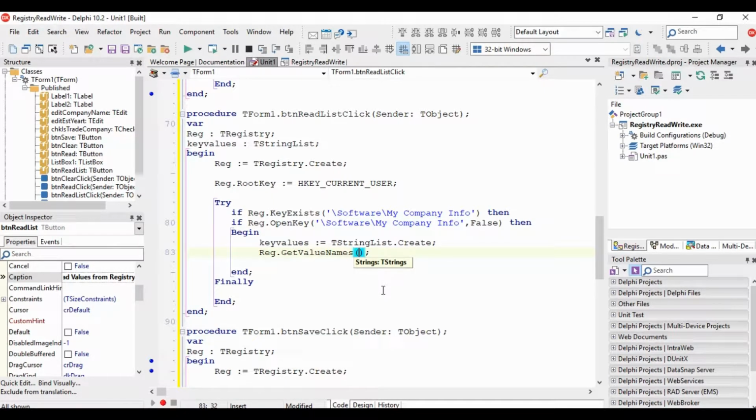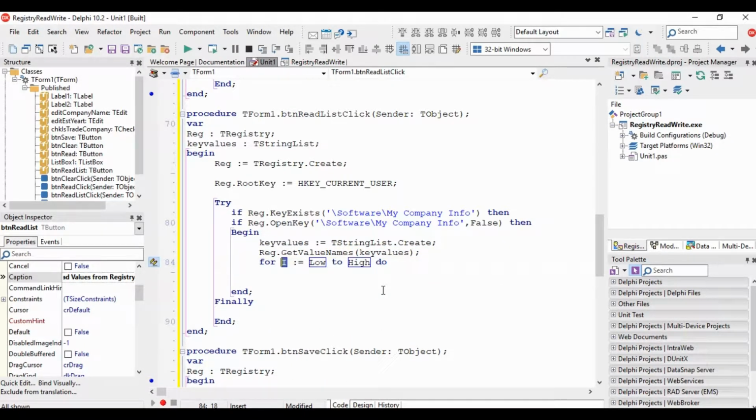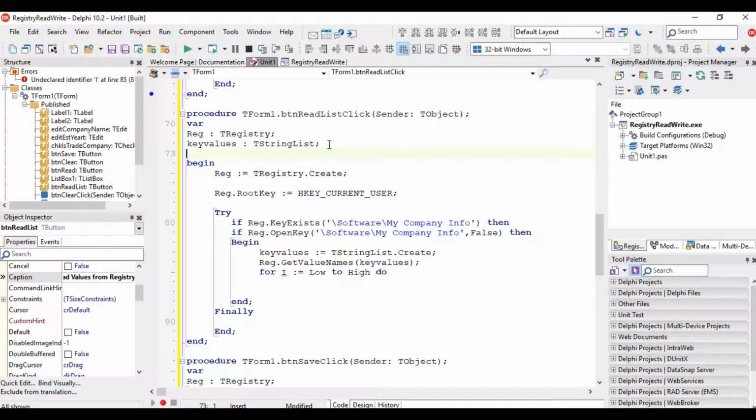We will put it inside the key values. Okay, and now we will define another variable here, key name or value name. Okay, it is a string. For name in